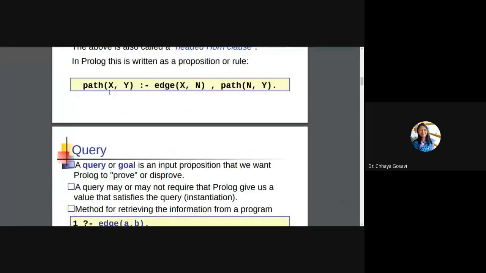The syntax is path(X, Y) implies edge(X, N), path(N, Y).